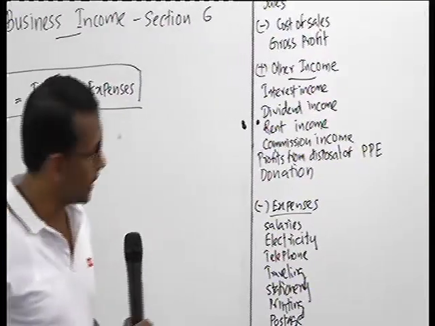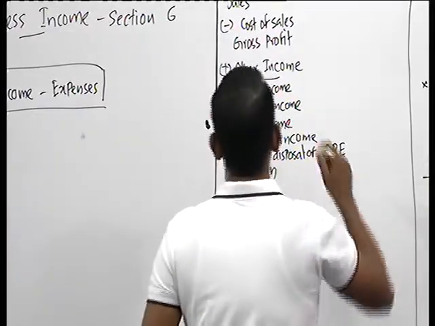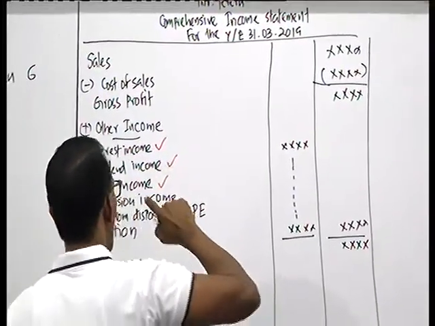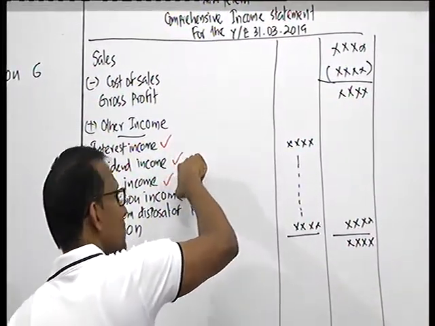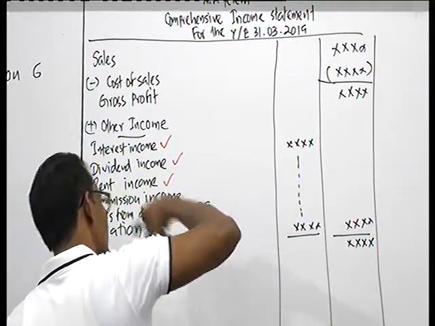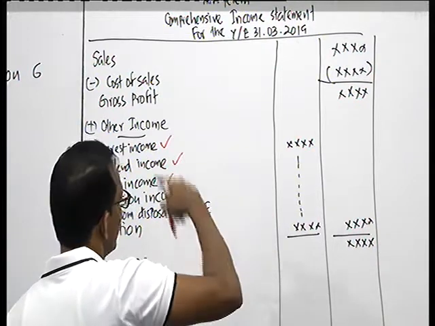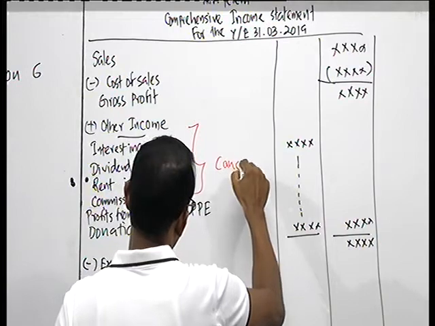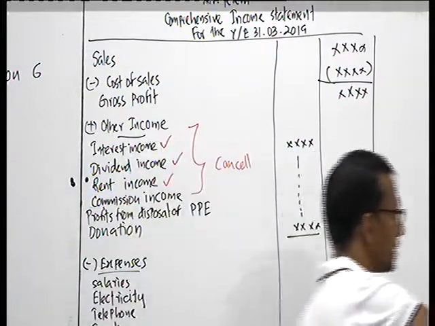Now I explain here interest income, dividend income and rent income. If none of these incomes can be related to your business, or are not effectively connected to the business, then obviously you will have to take them out. You have to cancel these from this